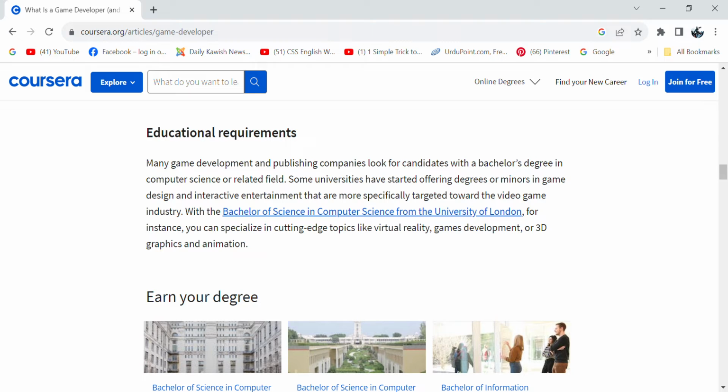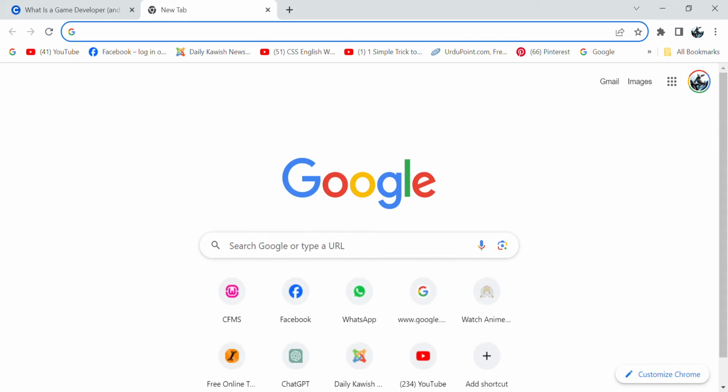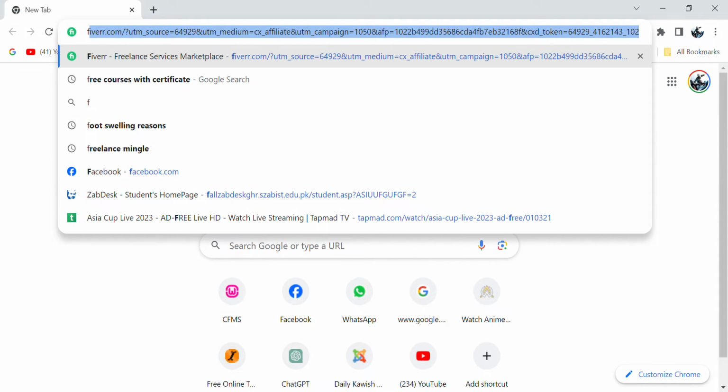With a Bachelor of Science in Computer Science from the University of London, for instance, you can specialize in cutting edge topics like virtual reality, games development, or 3D graphics and animation. So that was the article about game development. So now let's move forward to the Fiverr official website,